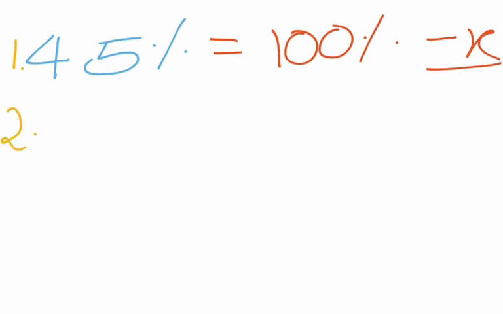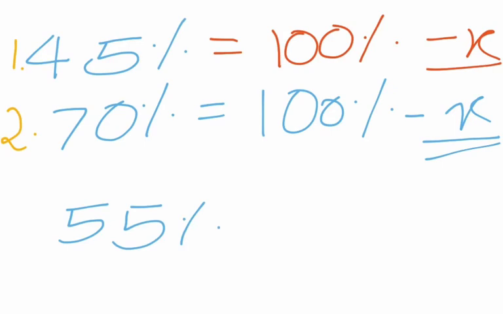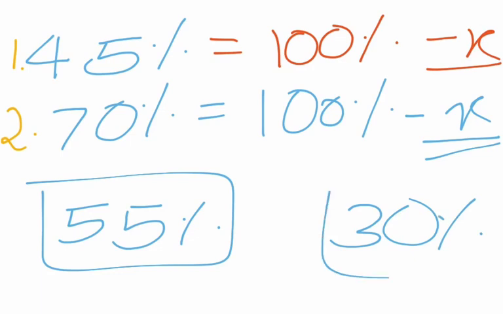Now, second question is: 70% is equal to 100% minus what? What is the thing we want? That is also again x. Just solve it and give your answers in the comment section, and if your answer is right, hit the like button. So I think you all got it, but I'll just tell you, just do 100 minus 45, that is equal to 55%, right? This is our first answer. And when you do 100 minus 70, it is 30%, that is your second answer.